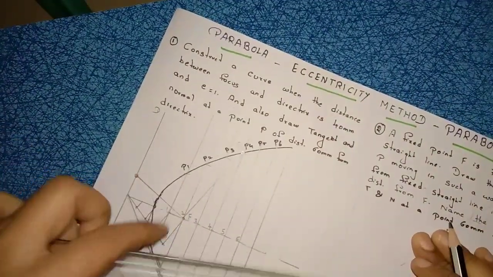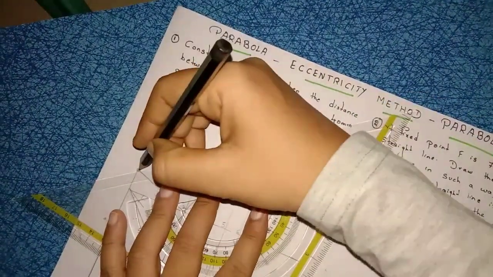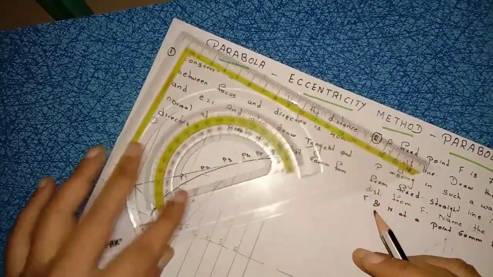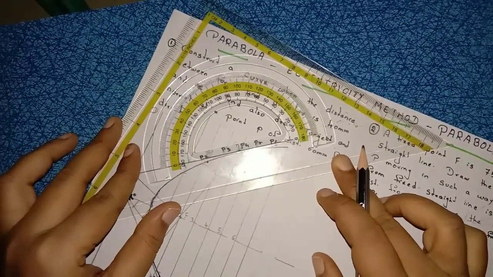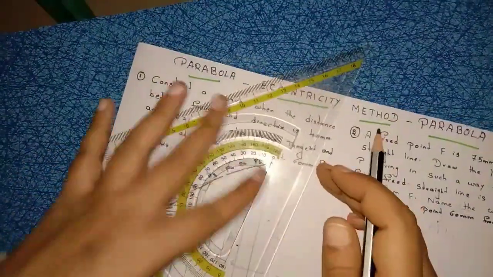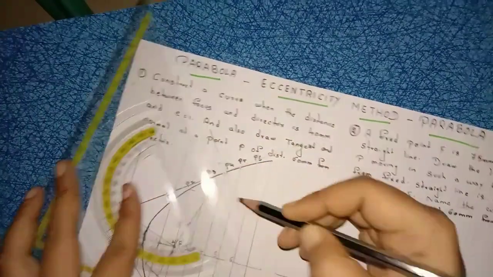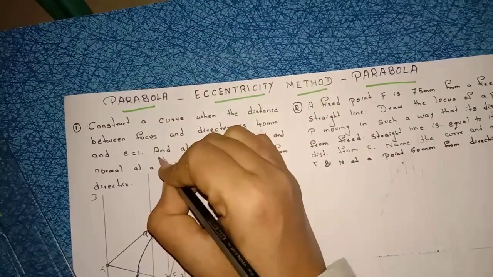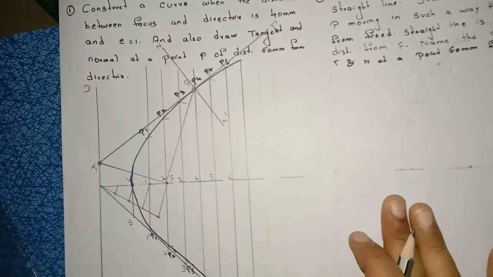Now join that point and this P point, this is nothing but your tangent. Exactly perpendicular to tangent, that means keep your protractor on this tangent line. From P point mark 90 degrees, exactly perpendicular to tangent is here normal. T dash, N dash. Right, so this is your problem.